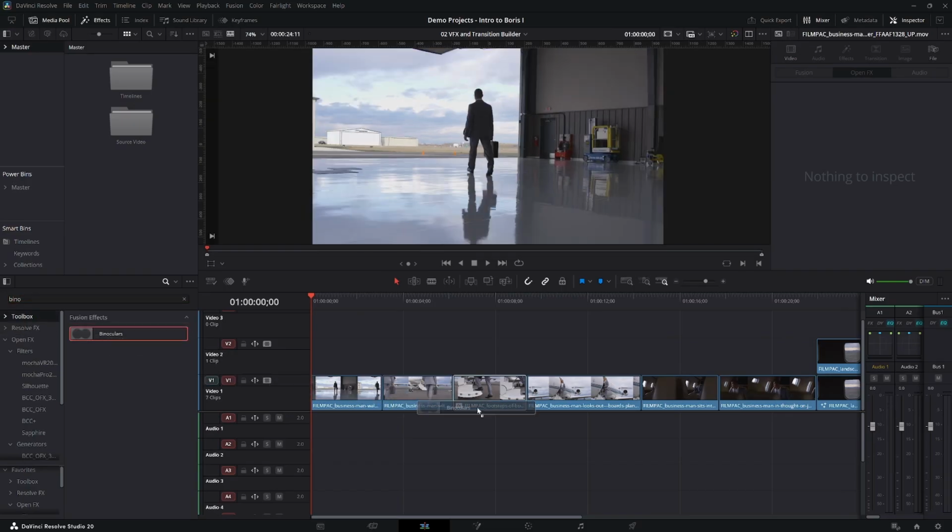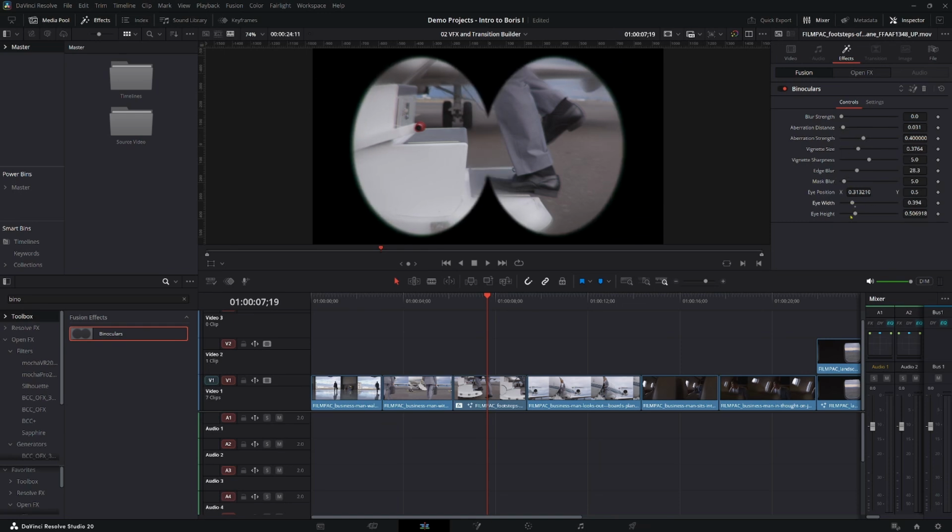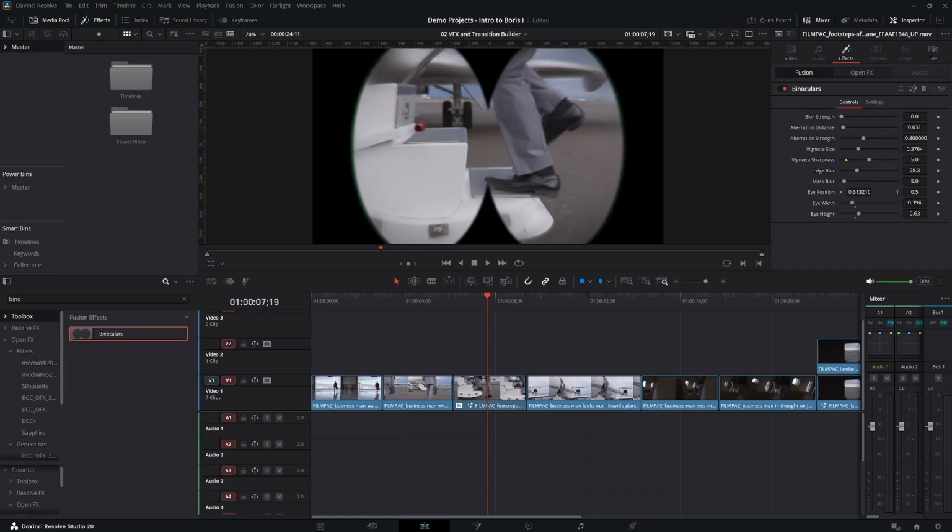So say I go in here and I want to put a binocular effect on his feet, and it's listed under the Fusion effects, not the open effects. So there are a few different settings. You know, you can change the eye width here, you can change the eye height, and then you can add a few different effects. But the effect in Boris is just